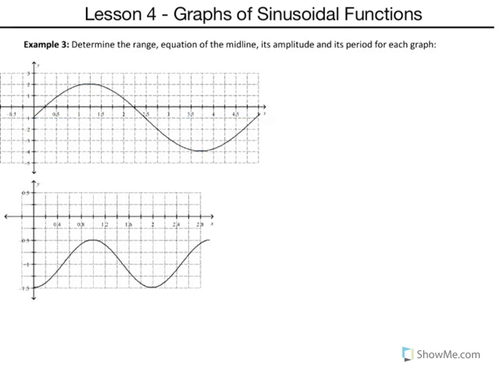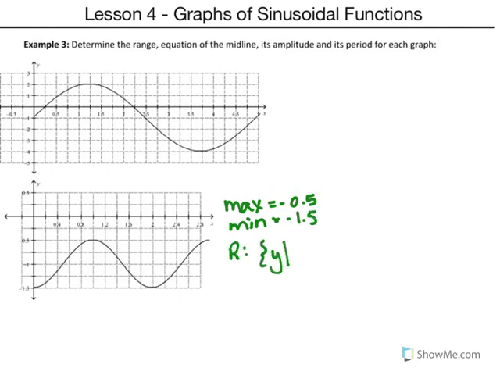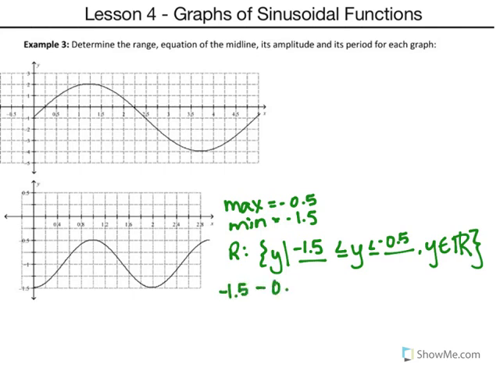Alright, now we're going to do example 2. So our maximum point is negative 0.5. Our minimum point is negative 1.5. So our range is y such that smallest number less than or equal to y, less than or equal to biggest number. So negative 1.5, negative 0.5. Y is an element of the real number set. Now we're going to find our amplitude, so we take negative 1.5 minus 0.5 divided by 2, which is equal to negative 2 over 2, which is negative 1,